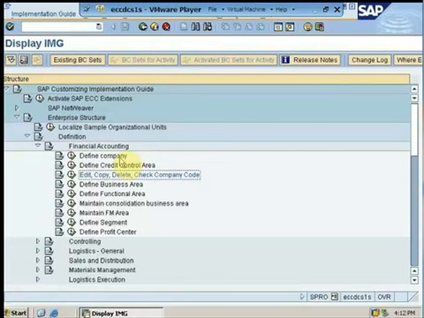The currency mentioned over here would be treated as the company code currency, which means that all the transactions that will be done within this company code will always have a balance translated and maintained under this currency. The language in which the company will be maintained, that is EN.